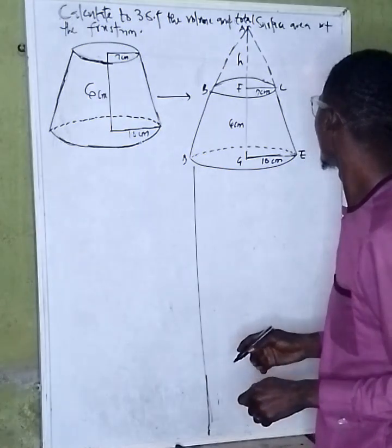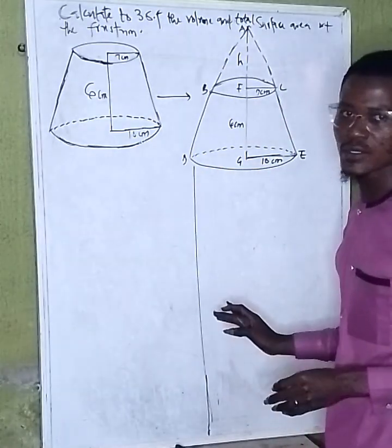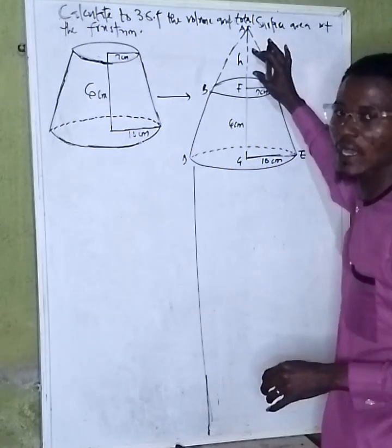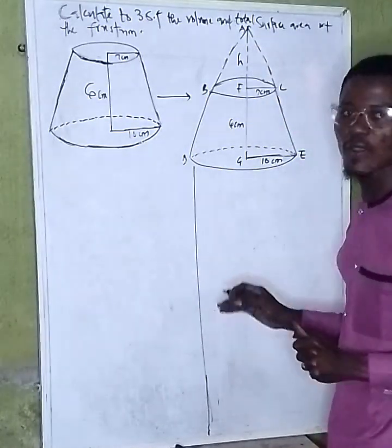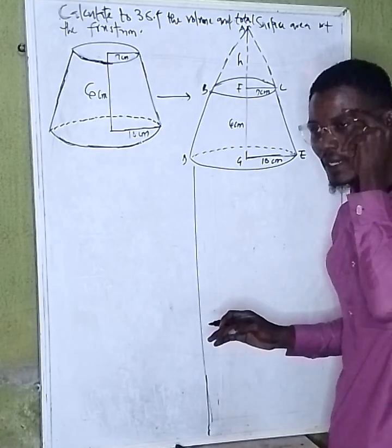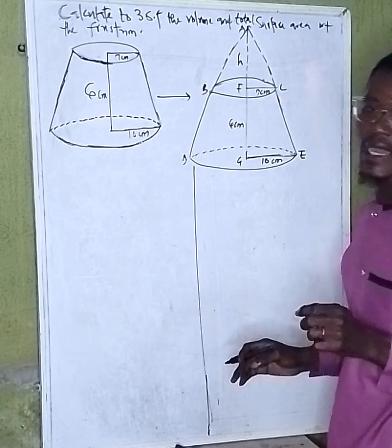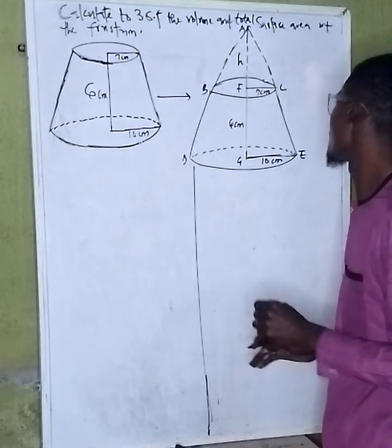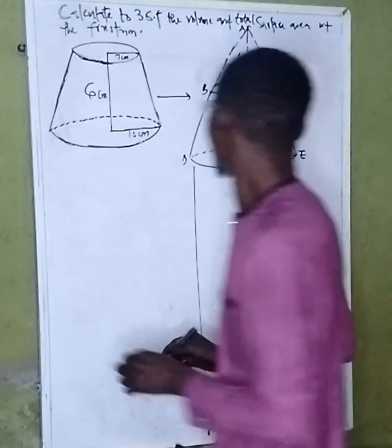Are you getting me? Let's compare the ratio of the height of the cone to the radius, to get the height of the smaller cone. Now, in our workings, we'll be using small r and small h for the smaller cone, and capital letter R and capital letter H for the bigger cone. Alright, now let's just go. Now, using